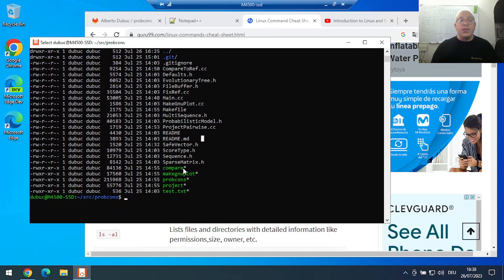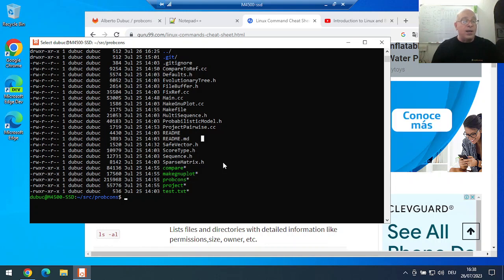And this star, of course, is not part of the name. It is a display by the command saying that this is an executable file, that means a file that is possible to execute. Like if we run ProbCons,